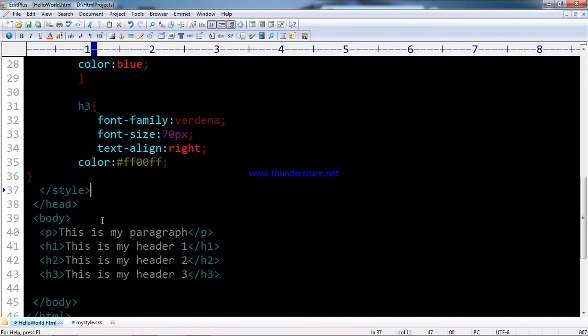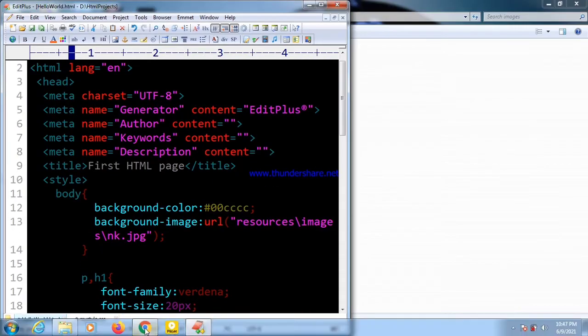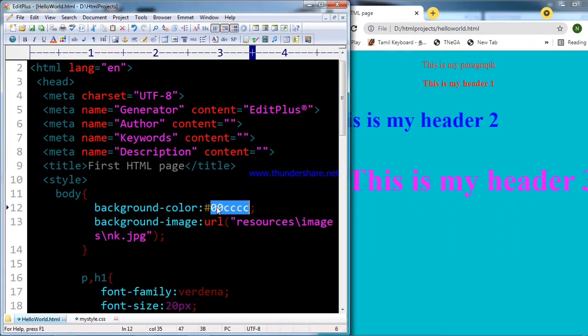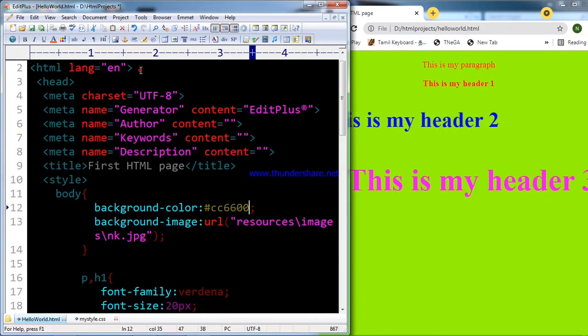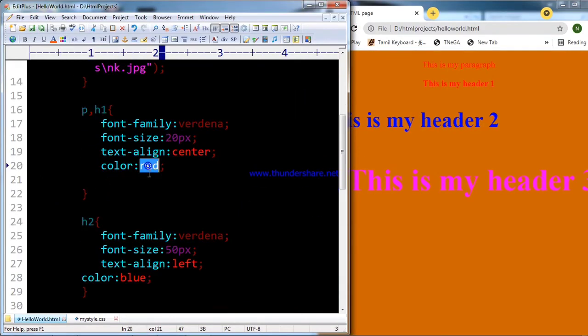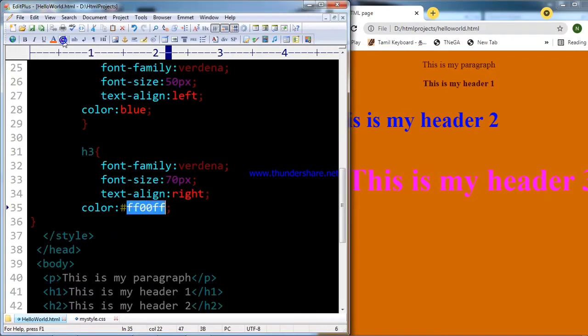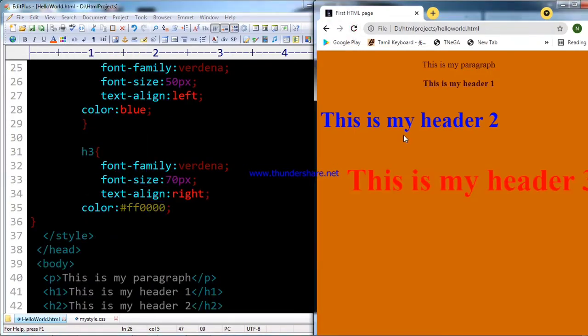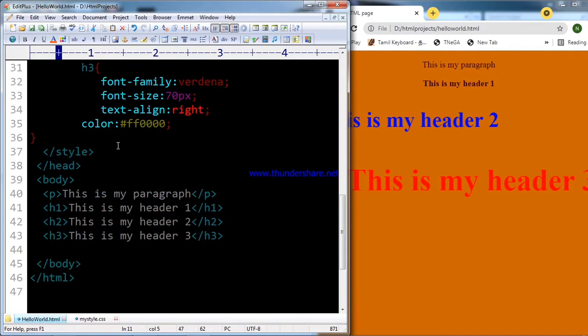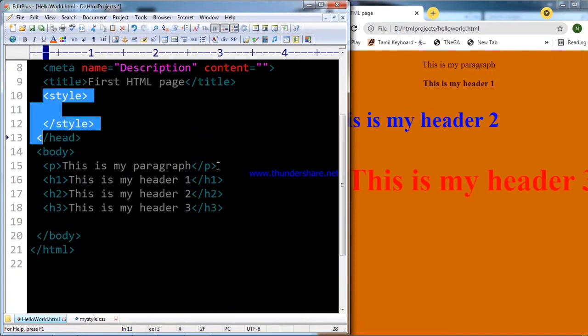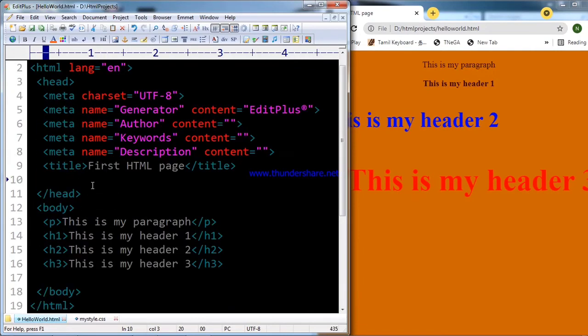This is the second type: how can we use these styles internally in our HTML document itself? We can include one style tag, and inside that style tag, we include all the styles.